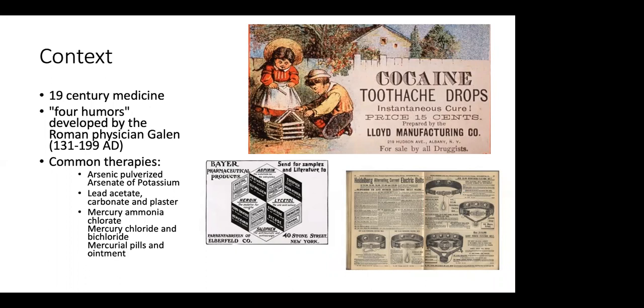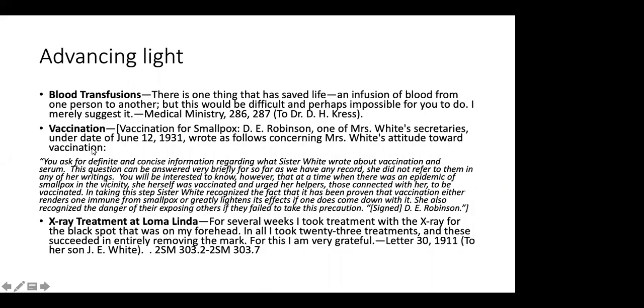So those who take the context of her writings believe that she wrote within the context of the knowledge of medicine at that time. These people believe that as the germ theory was introduced in the late 19th century and advanced going forward, those advances in medicine, in drug production, manufacturing and development now took account of how the body actually works, of what works, what doesn't. That kind of medicine is acceptable and is a different context to the one Ellen White was living in. In fact, we will find that in her own lifetime, wherever there were advances in medical science, advances that were safe, that were based on an understanding of human physiology, she was always there to encourage that individuals adopt those